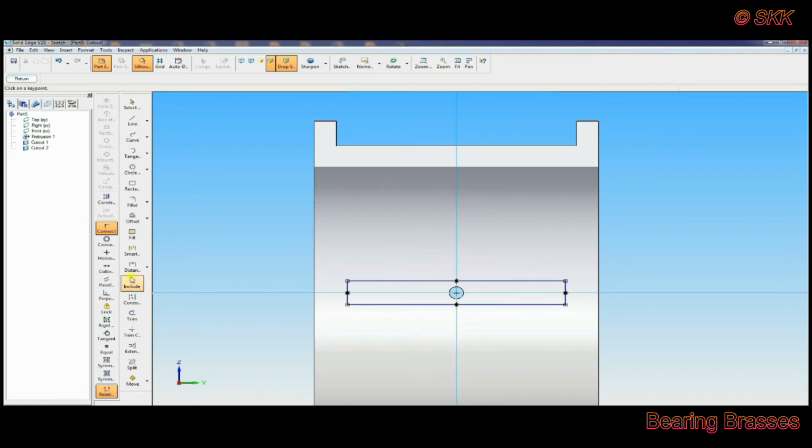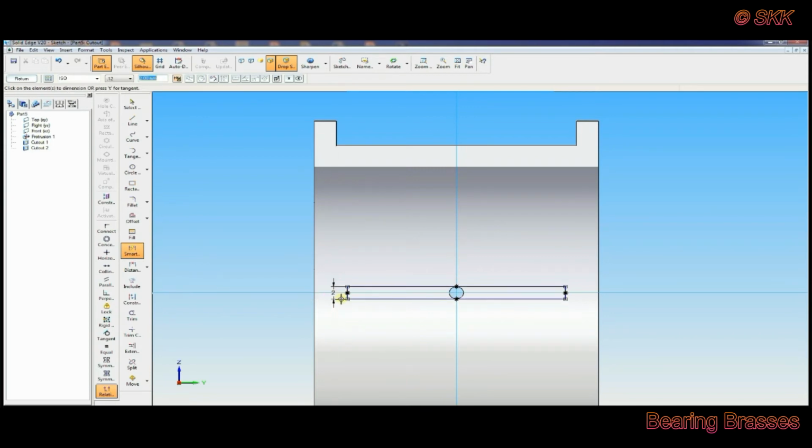Connect it. Just go to distance between, small dimension is 2, from here to 28. After giving the arc curve, you can get 30. Go to tangent arc, draw the circle like this.